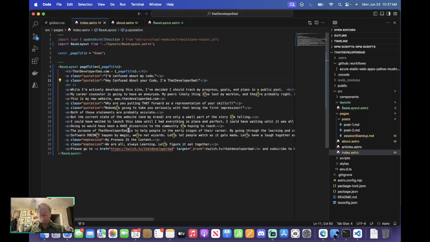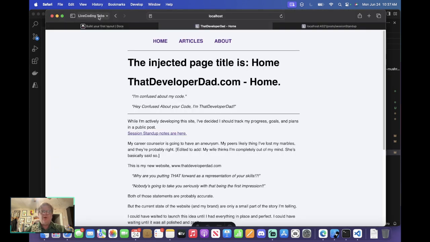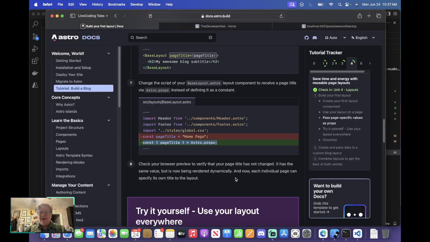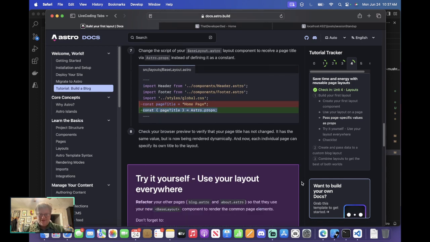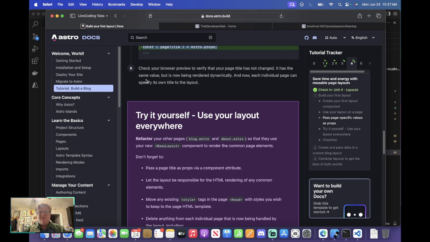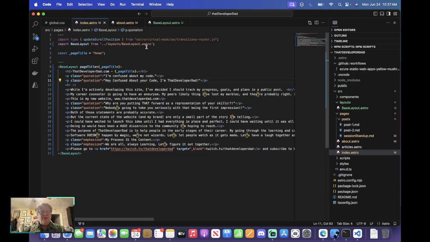Great. Let's see what the next instruction is before I try jumping ahead and making mistakes that I don't have to make again. So we'll use our layout everywhere. Check your browser preview to verify that your page title has not changed. It has the same value but is now being rendered dynamically. And now each individual page can specify its own title to the layout. Okay, so first thing we're going to do, it says try it yourself, use your layout everywhere. We're going to go ahead and do that, but first